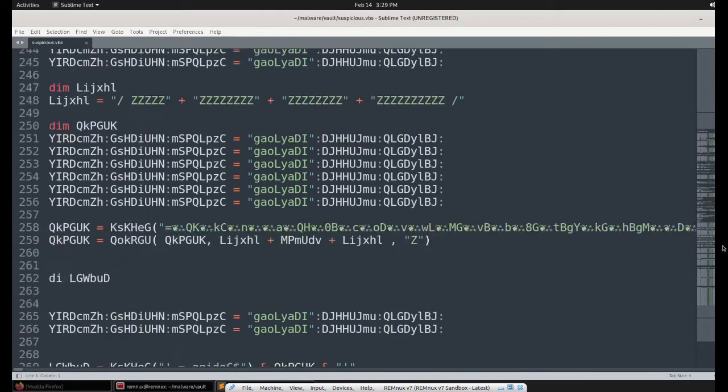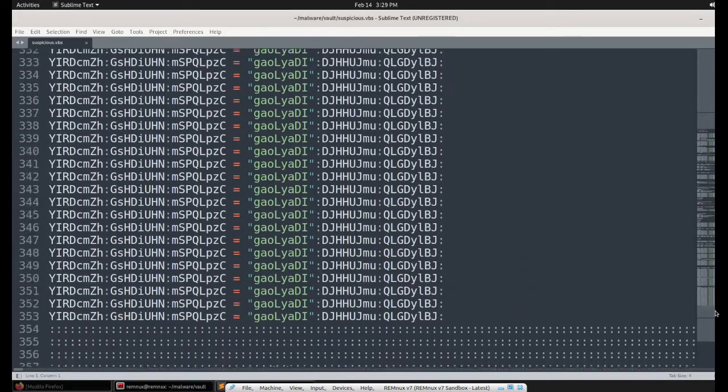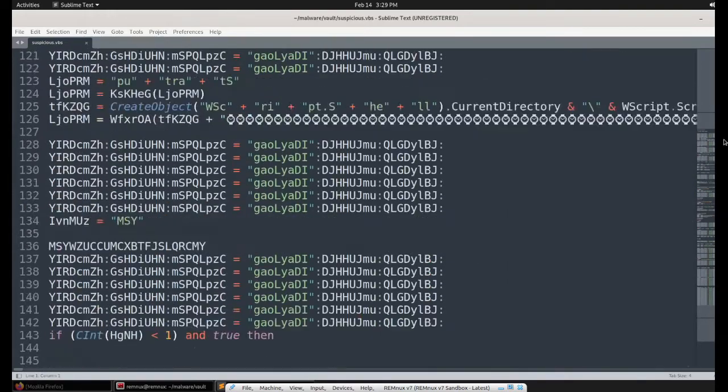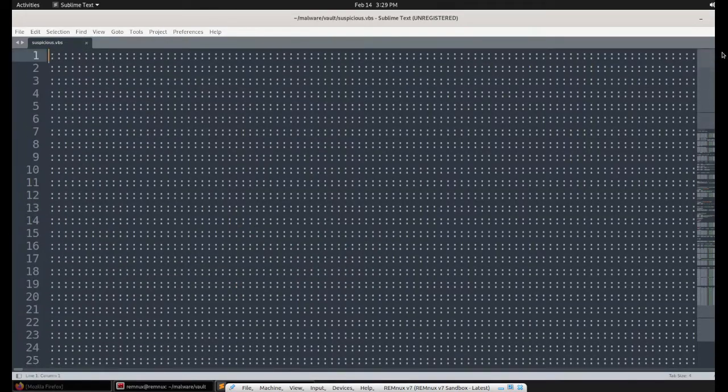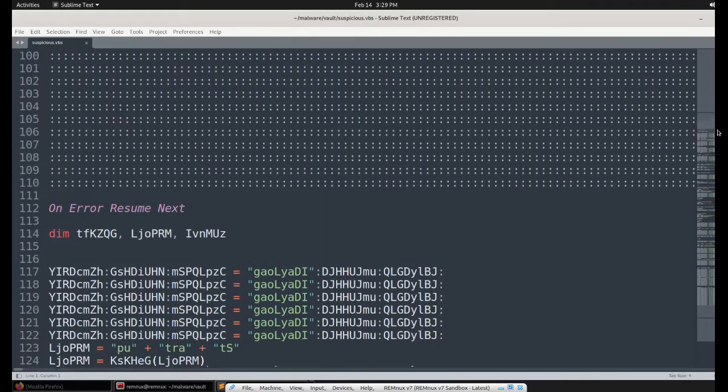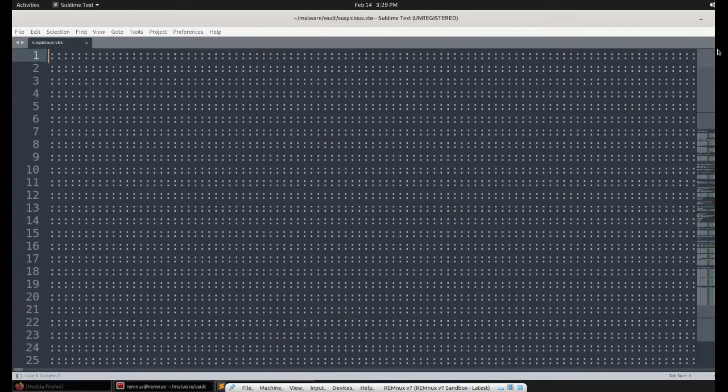So it's once again a Visual Basic script. Let's analyze that sample. You can see it is heavily obfuscated. The malware creator uses some obfuscation mechanism to dodge the antivirus engines. So let's try to uncover this sample.